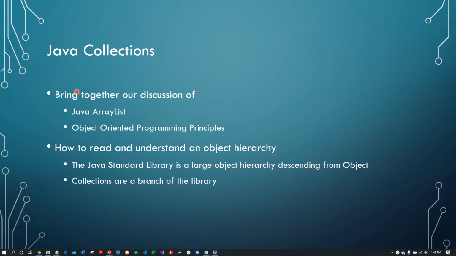Welcome back. Today we're going to discuss Java collections, which is going to bring together our discussion of the Java array list and object-oriented programming principles in general. So the Java array list that we spent quite a lot of time on is part of the Java collections hierarchy. With this, we're going to see how the array list fits in that category, but we're also going